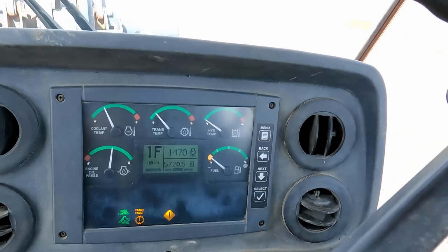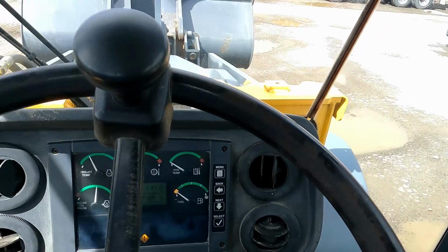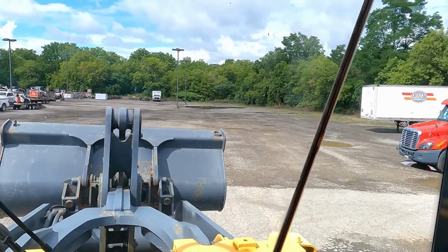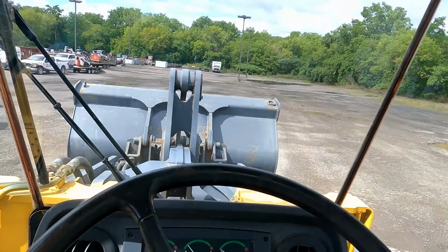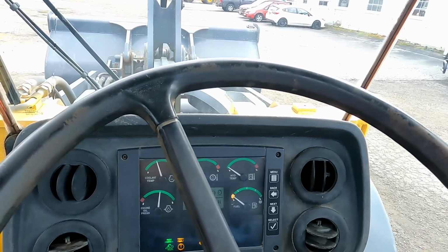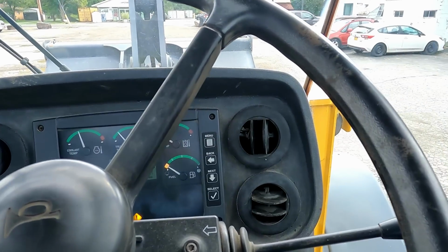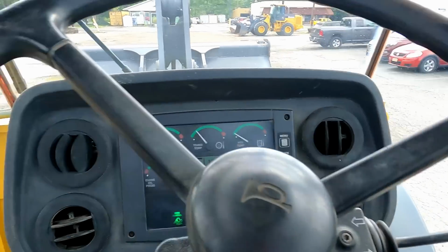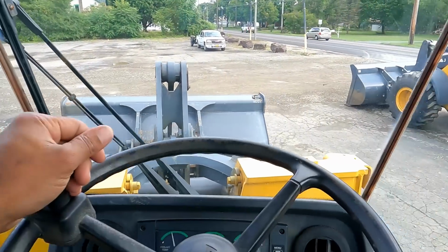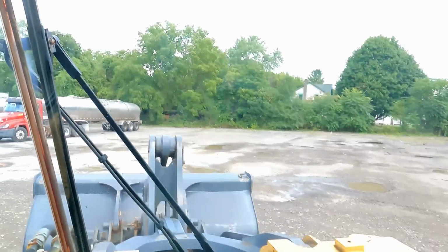I just noticed the trans code came up, which is not good. Otherwise, the AC blows cold. That's a positive. 5,700 hours. So of course, when the salesmen come over, it works. There's no active codes. So